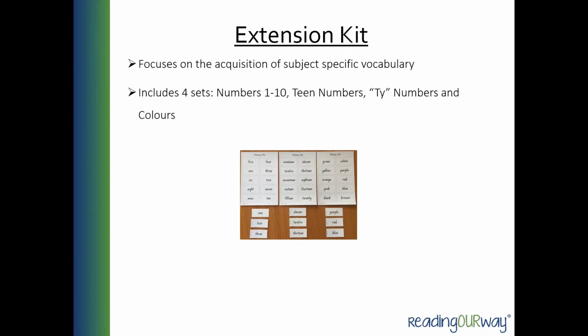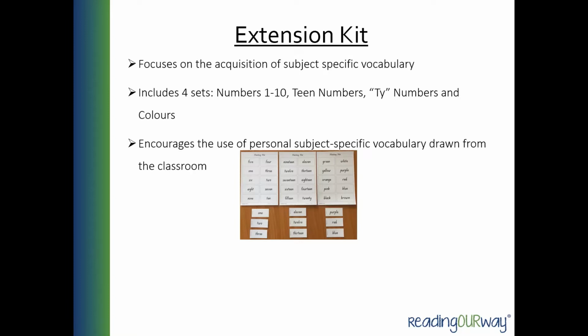It includes 4 sets: numbers 1 to 10, teen numbers, the T numbers, and colours. It encourages the use of personal subject-specific vocabulary drawn from the classroom. So, for example, science words when they're working on a particular topic and need those words to be familiar to the student. So learning about the life cycle of a frog, you would include words that you would be using